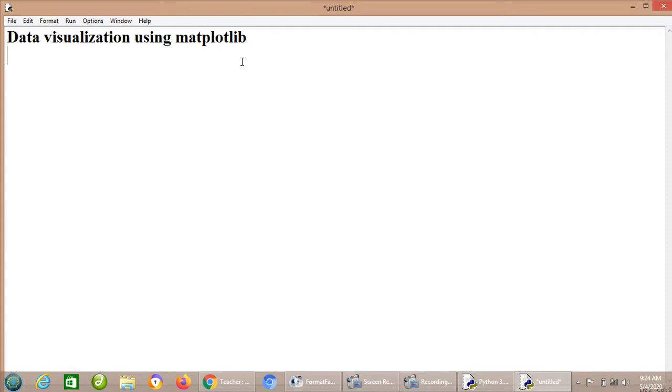Whenever we show this data theoretically or textually, it is very difficult to understand. We require a lot of time and a lot of concentration. So what is the solution? By using this matplotlib package in Python, it is easy to visualize our huge, lengthy data graphically, by using different tools of the matplotlib package.